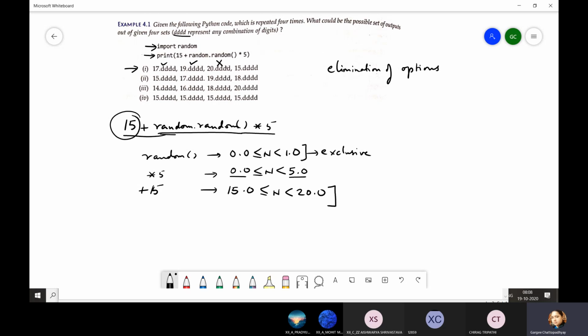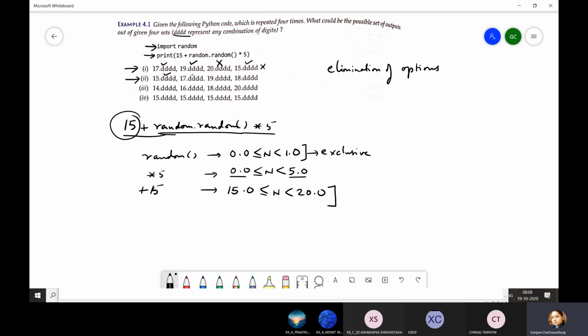So the moment one of the values in an option is wrong, that means you are going to reject this entire option. You don't even need to check the next value, although the next value is included, there is no sense in checking it because the whole output has been given. Either this whole output will be generated or not. So the moment one of the values within each of these options is wrong, the entire option is rejected.